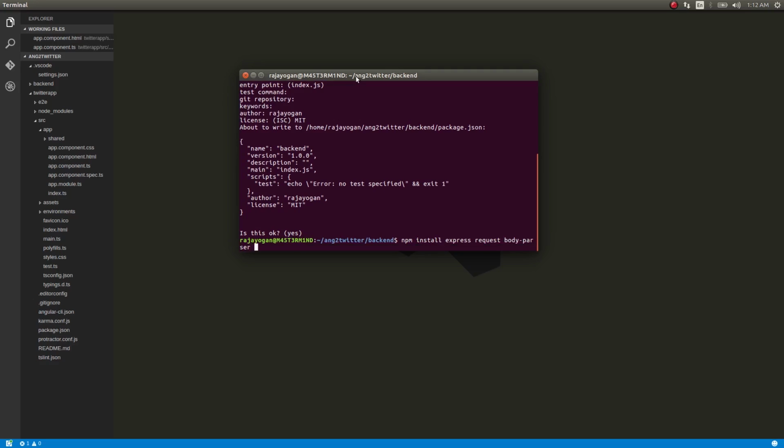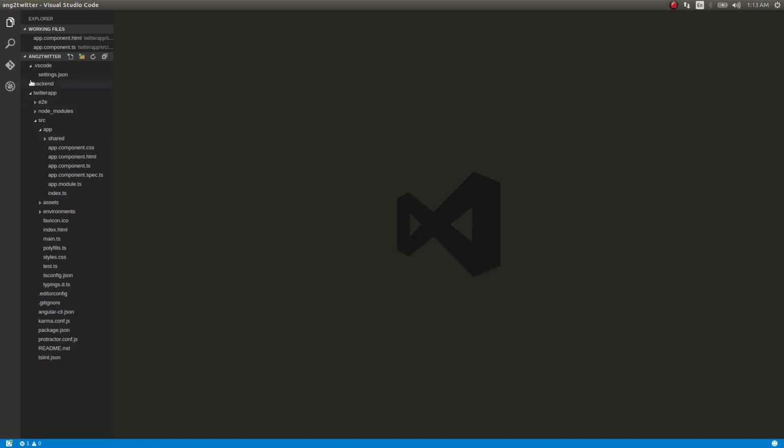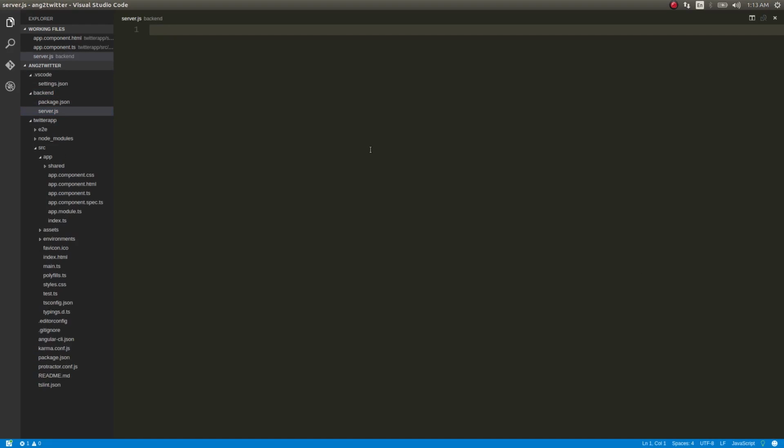and then I'll save this. Okay, then let that get installed. We'll get into backend and then create a file called server.js. This is where our main thing will be. So in this, what we'll do is